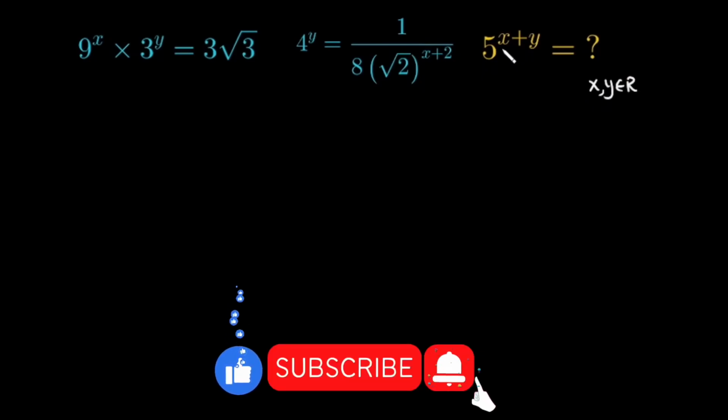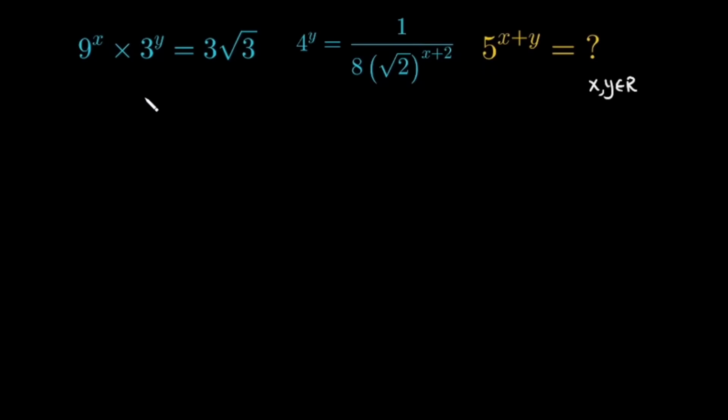So we have to find the value of x and y. So we will solve these two equations and find the value of x and y from these two given equations. So let us solve this first problem. So this 9 raised to the power x, if I write √3 raised to the power 4, because √3 raised to the power 4 equals 9, times this 3, if I write √3 raised to the power 2, times y equals,